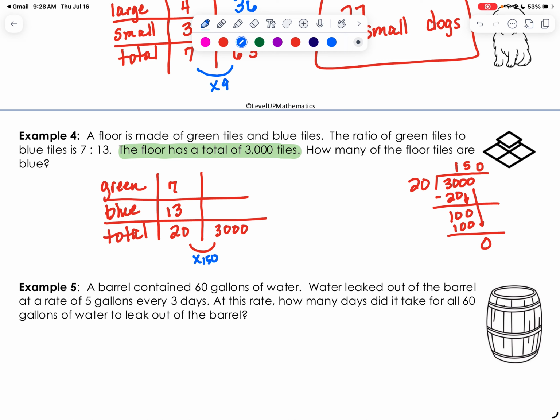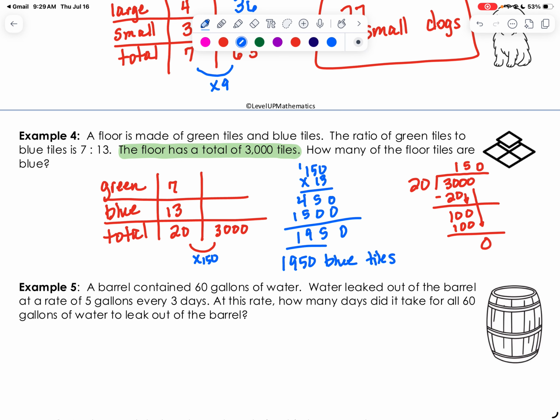So if the question asks me how many of the floor tiles are blue, I just need to multiply the 150 by 13. So 150 times 13. So 0, 3 times 5 is 15, carry the 1. That would be 3 times 1 is 3, plus 1 is 4. Put a 0. 1 times 0 is 0. 1 times 5 is 5. 1 times 1 is 1. Add that all up. 2, 9, 1. So this tells me there are 1,950 blue